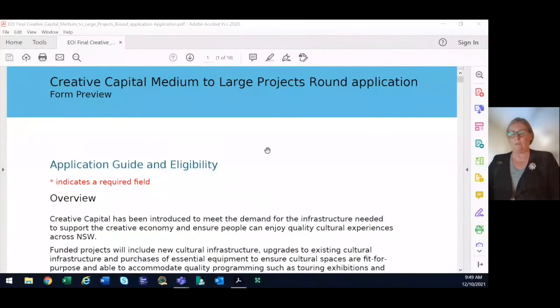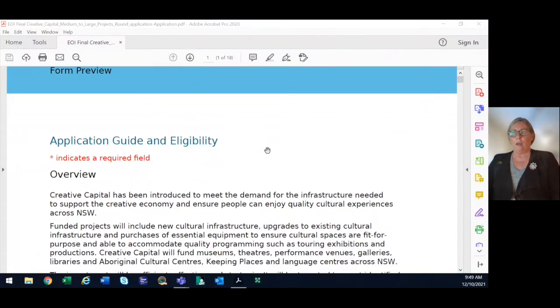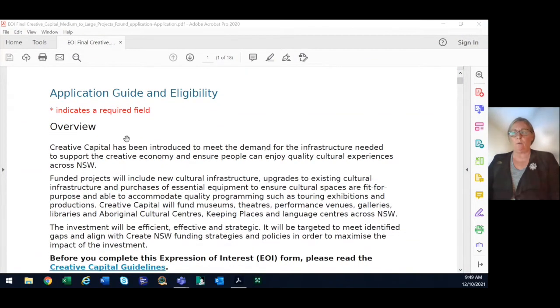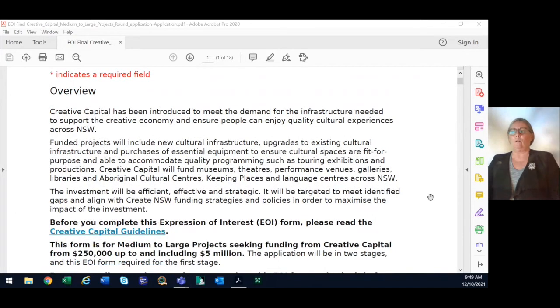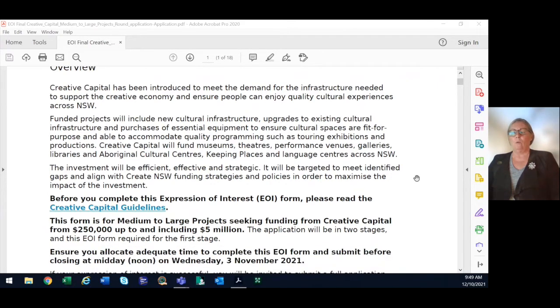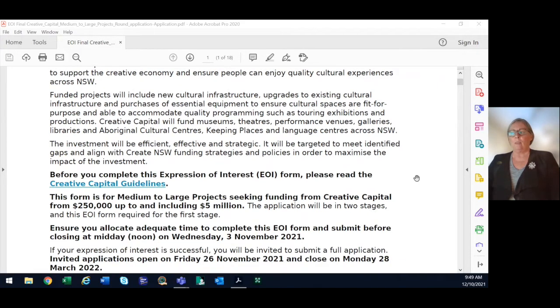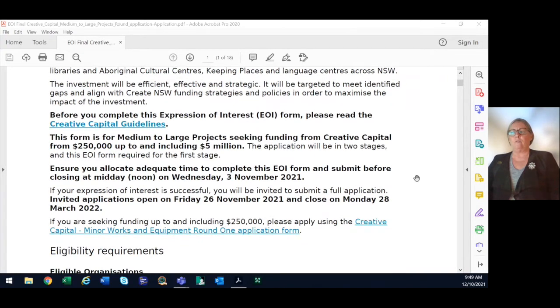So I'm just going to share my screen with you so you can see the EOI application form. Now, the form is in Smarty Grants, and what we provide here in the first part of the form is a guide to the application and the eligibility. So a quick introduction to Creative Capital, why it's been introduced, what projects will be funded under Creative Capital, and the EOI form itself